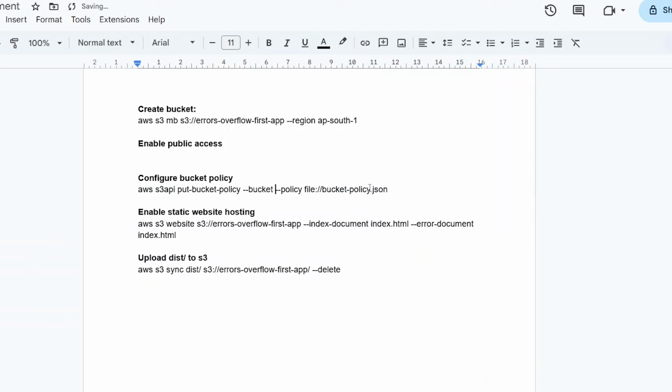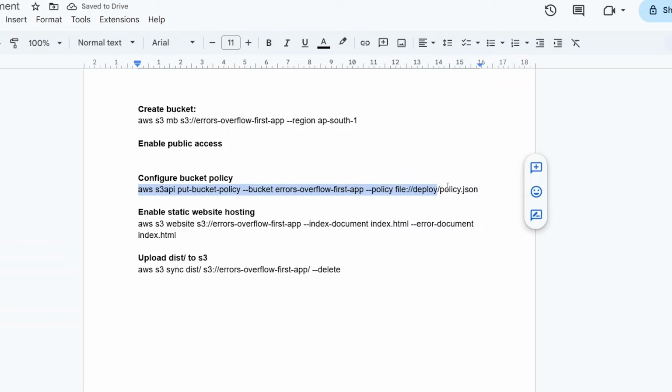Here it will be errors overflow first app, then --policy file deploy slash policy.json.